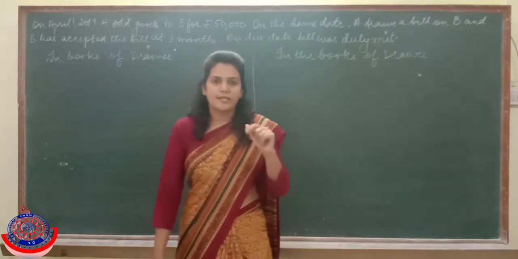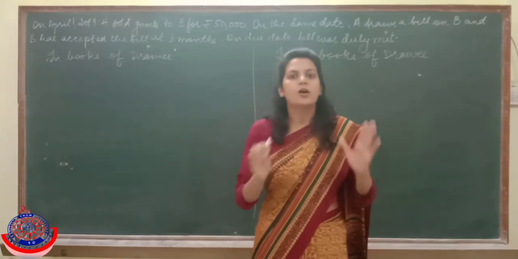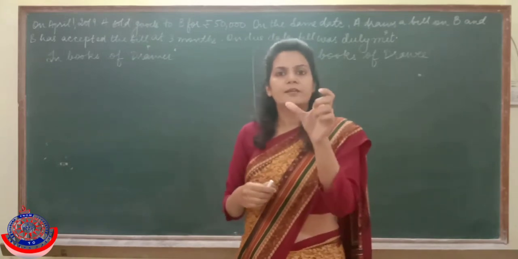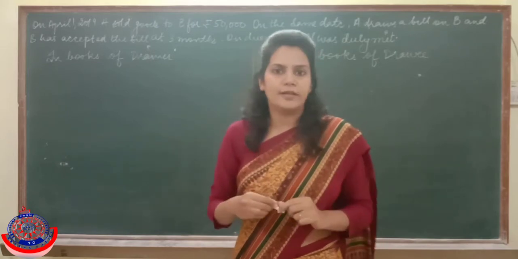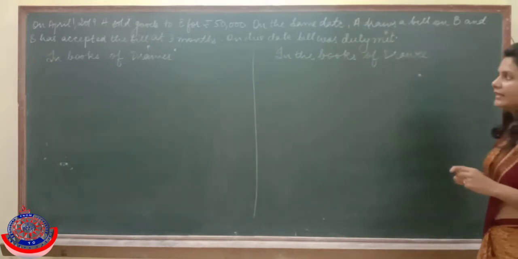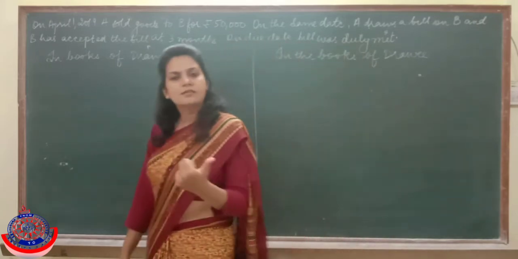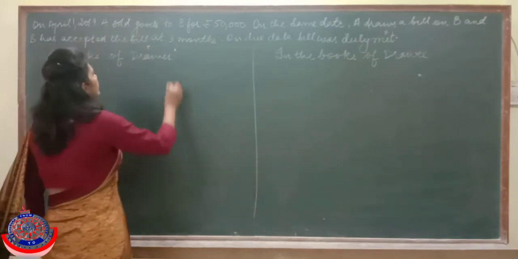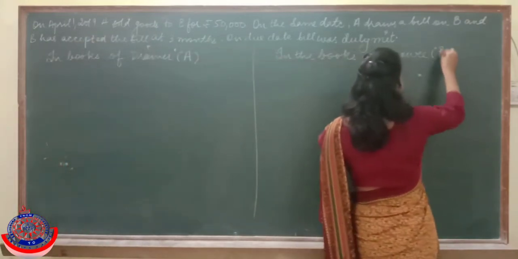First case is, give the heading, when the bill is met at maturity. On the maturity date the bill is met. It means that drawee has made the payment to drawer on the due date. So now read the question. On 1st April 2019, A sold goods to B. It means A is the creditor, B is the debtor. It means A is drawer and B is drawee. So here drawer is A and drawee is B.